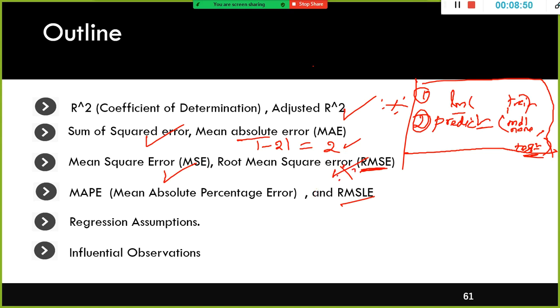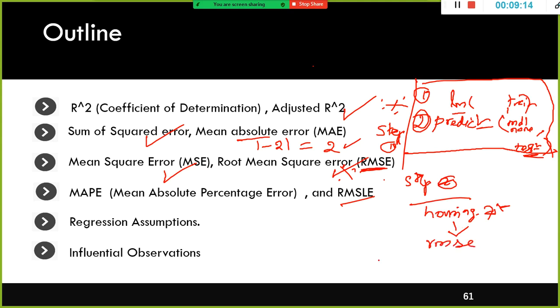So how do we use root mean square error? Let's say I have developed a model here. This is step 1. In step 2, what did we do? We use this metric RMSE. For example, we created a model called housing.fit, and for this we found the RMSE.